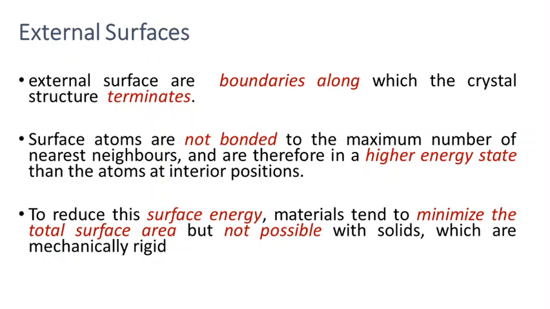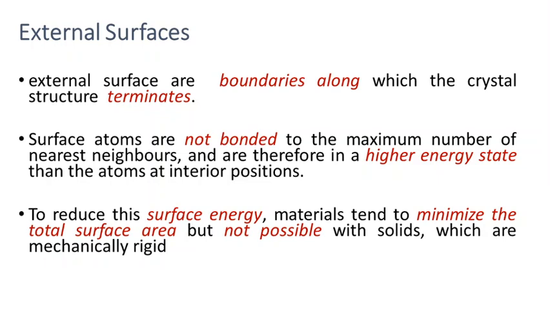That particular surface has higher reactivity, or what we say, the highest rate of exposure when compared to the atoms present inside. Atoms present at the top portion of any material have more exposure to the environmental condition than the other atoms. Another important feature is they are only bonded to the atoms below. They don't have any bonded atoms above them. So the surface atoms are not bonded to the maximum number of nearest atoms. So they have higher energy states and higher reactivity. When we compare the inner atoms in the material, they are relatively inert in their interior positions.